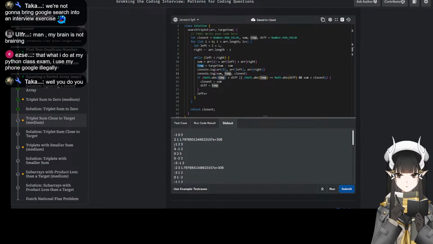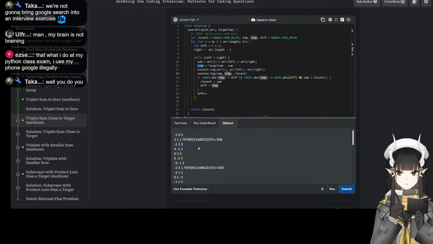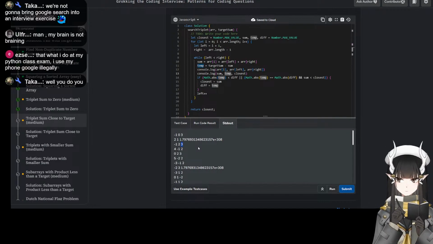And then the next one is sum. Wait, crosses. It's correct, so this should be updated too. Wait, no, yeah, it is updated too.